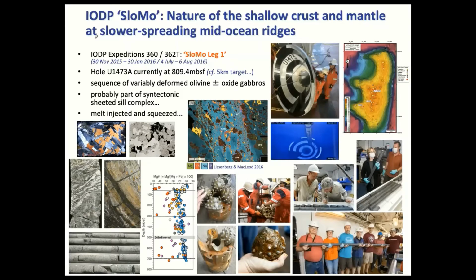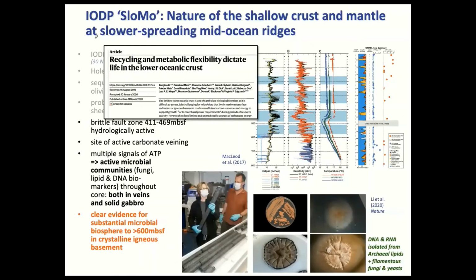So we haven't yet answered the question, which is a big letdown for those of you who wanted the definitive answer. But I hope it's illustrated why we are spending money and effort to study these places, and why particularly we decided to drill a particular hole in this place. As with all of these studies, and this is my penultimate slide, you often come up with things you didn't expect. And we took some microbiologists on board